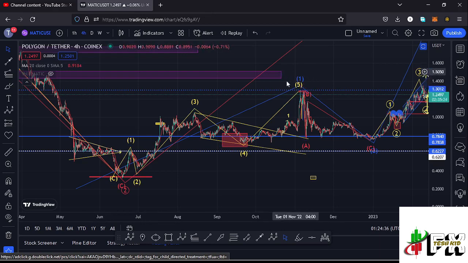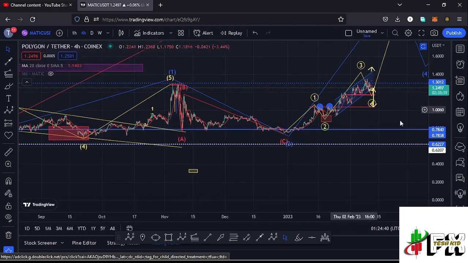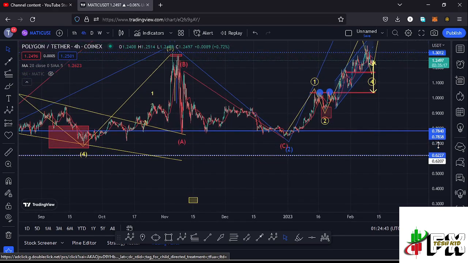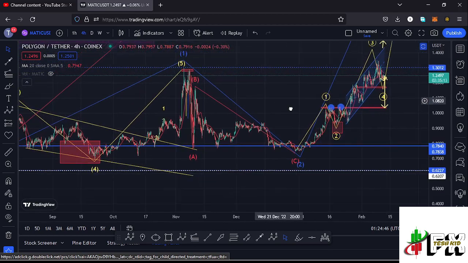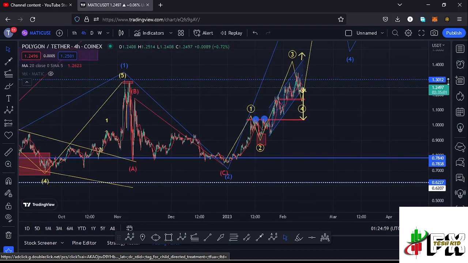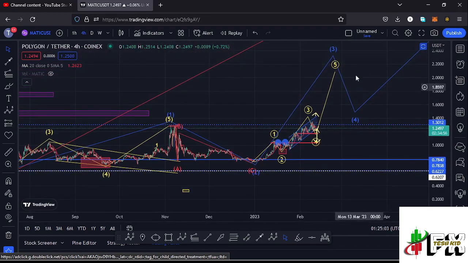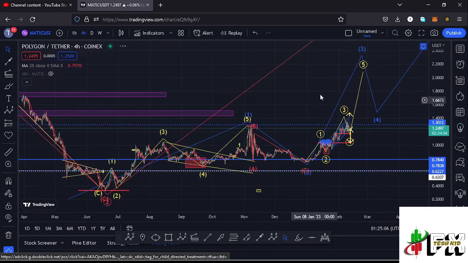And after seeing the high for that first wave to the upside, what we expected next is a corrective structure in the formation of a larger Elliott wave count 2, where I also expected to see an ABC corrective structure play out, where we are seeing this ABC corrective structure giving us a low at around the $0.74 mark, and also completing the formation of that higher Elliott wave count 2. And after seeing the low for that second wave, what we expect on the long-term scenarios is a bounce to the upside in the formation of a larger Elliott wave count 3, and this is what I'm expecting on the